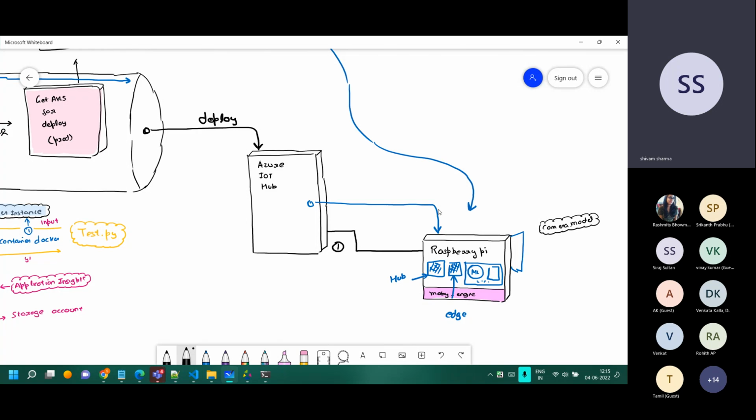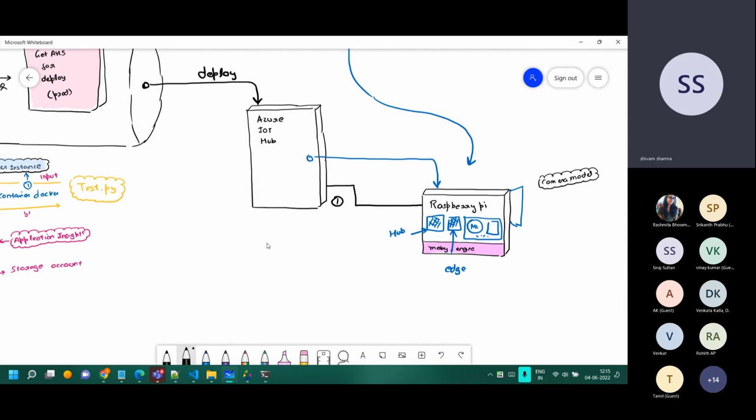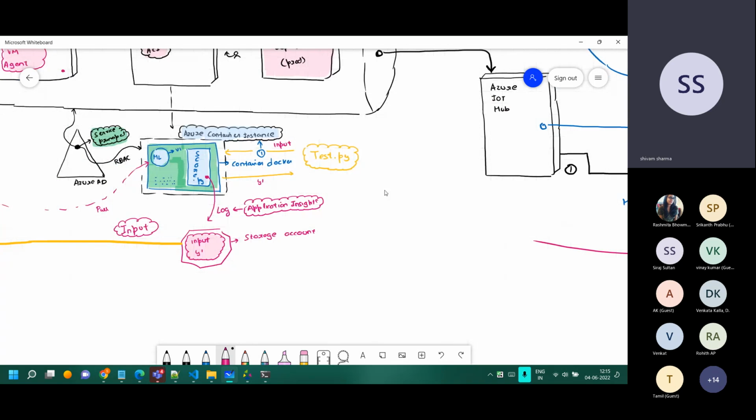How do we do the retraining and push the new model to the IoT Edge? First of all, same concept. It's a bi-directional communication. The instrumentation key which is here is going to do the model logging for us. That's the first thing.